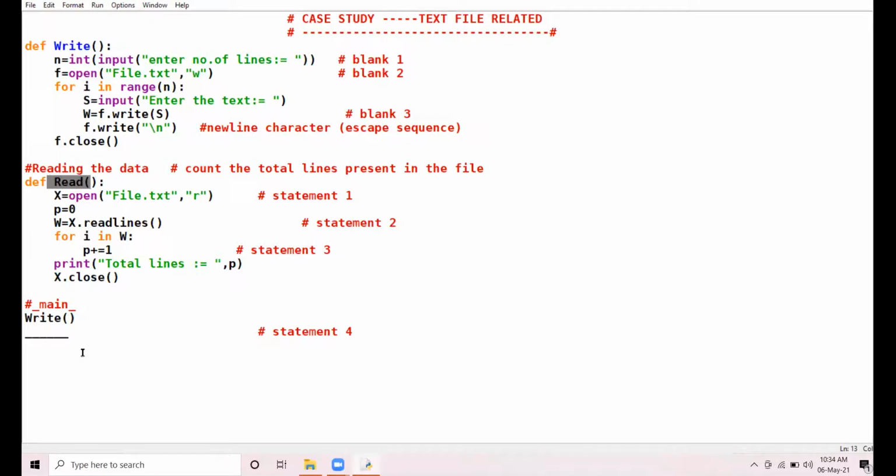I want to invoke the function read. So how will I invoke the function? Invoke means calling. So we have to write in the main statement read, the name of the function. Yes, sir, the name of the function. Very right, very correct.